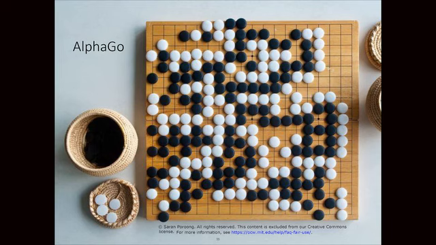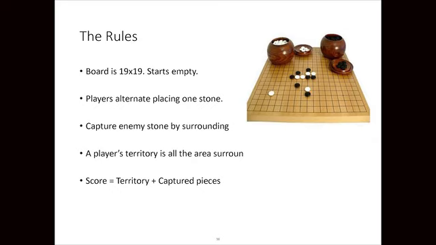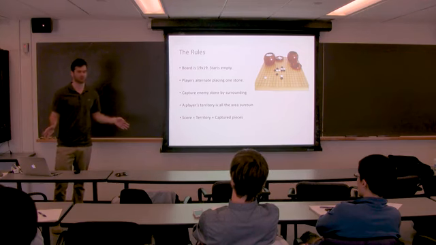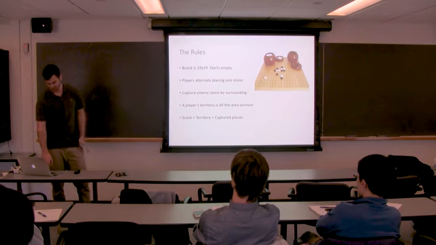So here's AlphaGo. Hopefully you all know the rules. Just in case, I'll go through real quick. 19 by 19, you alternate black stones, white stones. You collect enemy stones by completely surrounding them. You can surround a single stone or groups of stones, and your score is your territory plus the number of captured pieces. So your territory is just the area that you're surrounding, and then you add the stones you've collected. The rules aren't super important. The main emphasis is there are very few rules, so you would think it's really simple, but the complexity of the